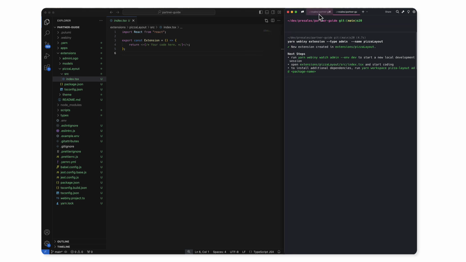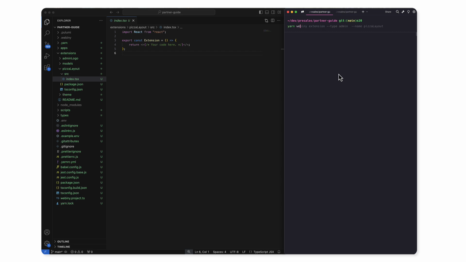Now, what we want to do is run the watch command. Yarn webiny watch admin dev, and again we just add a p flag here while the watch command is in beta, but afterwards this is no longer going to be necessary. When you run the watch command, the watch will automatically build our project, start a local web server, and open our browser to localhost 3001, where it's going to display our admin app once the build is complete. So any changes that you are making to the admin app from this point onwards will instantly hot reload and be